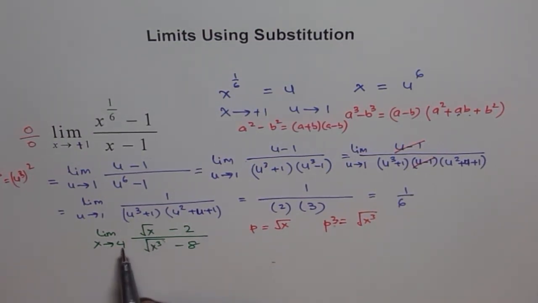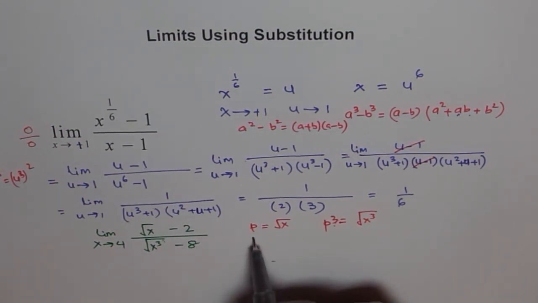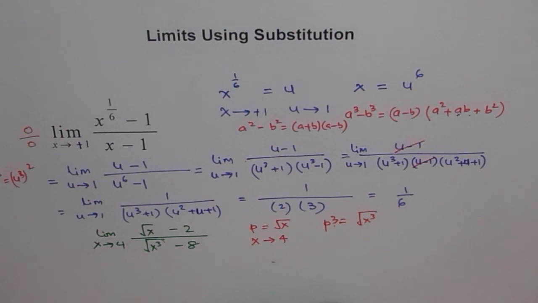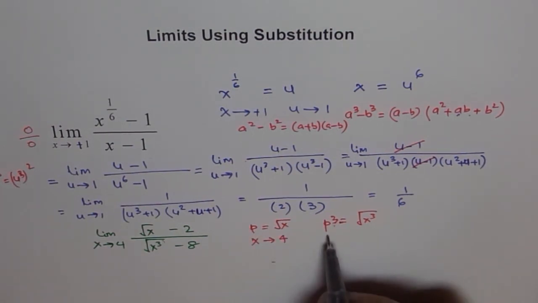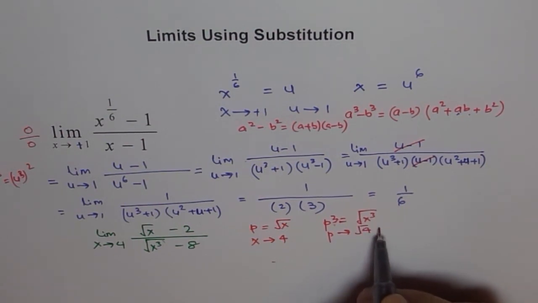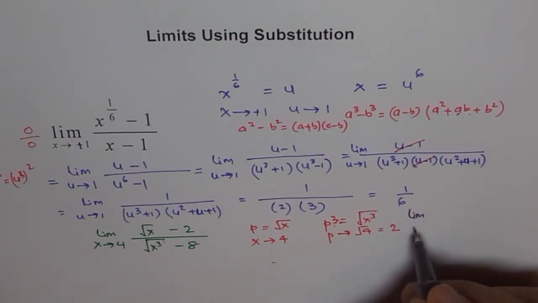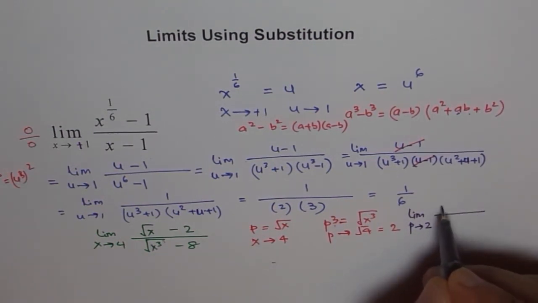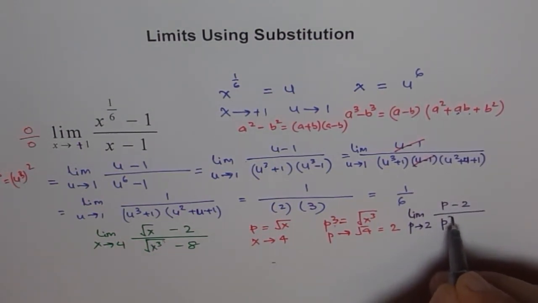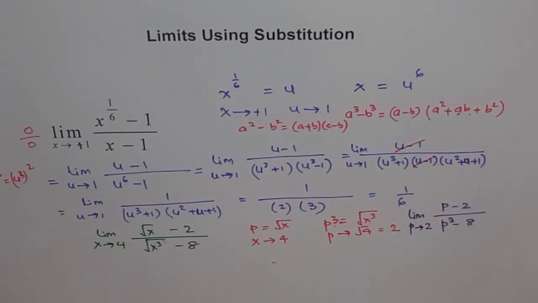Second is, as x approaches 4, right? So we say as x approaches 4, then what happens to p? So p is square root of x, right? So p approaches square root of 4, which equals 2. So the question will change, and the question will then become, let me write it in a different ink, limit p approaches 2, correct? And p minus 2 over p cube minus 8. And you know 8 is 2 cubed, right? So you can expand the denominator and then get rid of the common factors, substitute p equals 2,